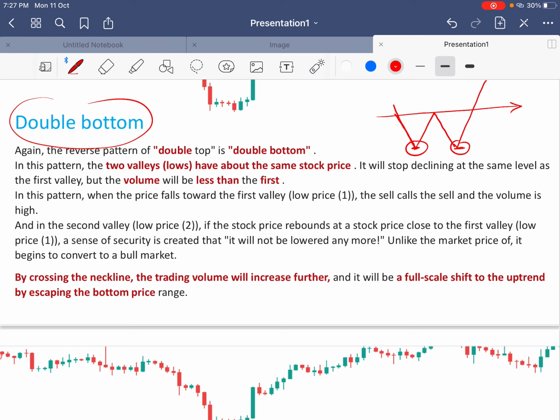As you can see, it hit two times at the bottom, so this is a double bottom. After hitting these two bottoms at around the same price level, the price bounces back in a bullish trend. So basically this is a bearish trend, and after hitting the two bottoms, the trend might reverse to bullish. In double bottom, the price tends to move to a higher zone compared to the bearish trend. So this is the double bottom pattern.